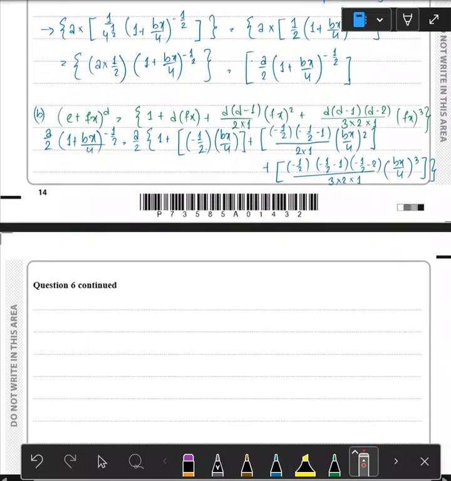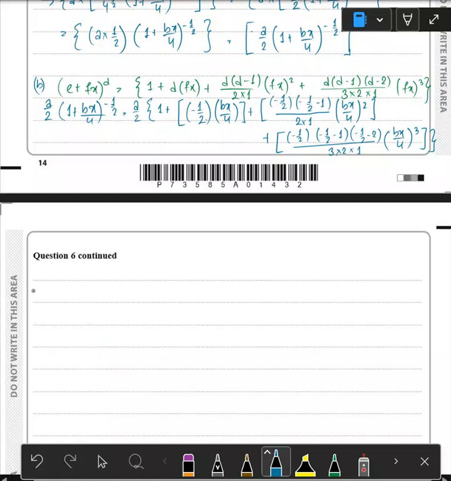So now if I go down here, this would be a by 2 times 1 plus bx by 4 to the power negative half, and a by 2 times 1 minus bx by 8, and then if you put this in your calculator, negative half multiplied by negative half minus 1, divided by 2, multiplied by bx by 4 whole square,